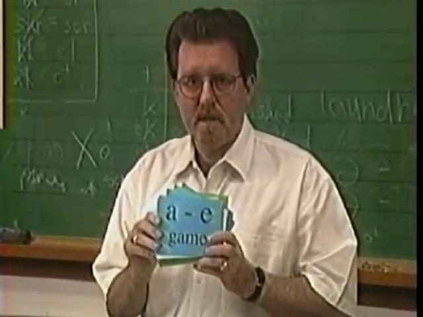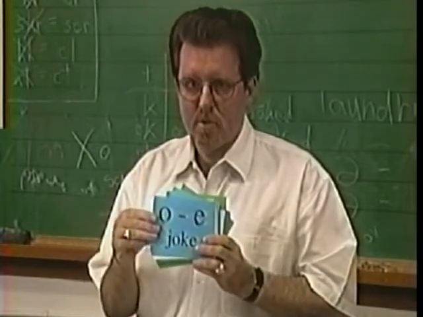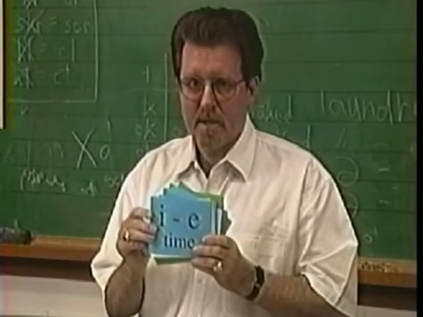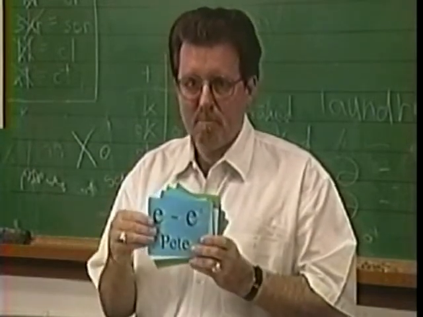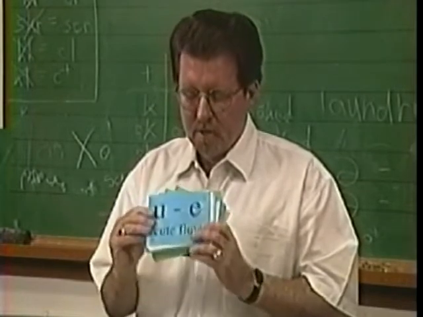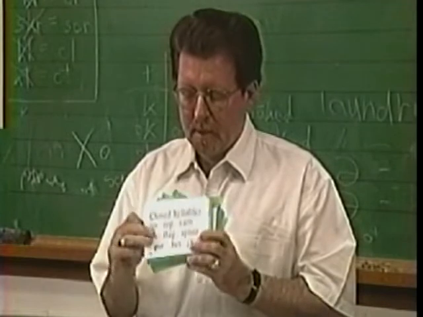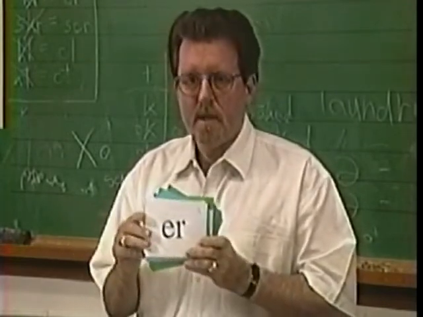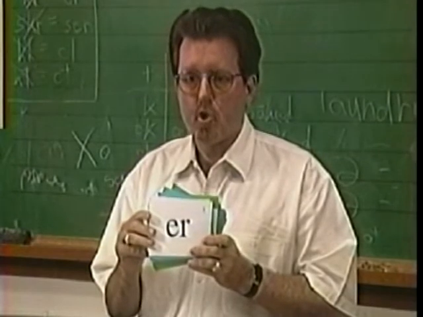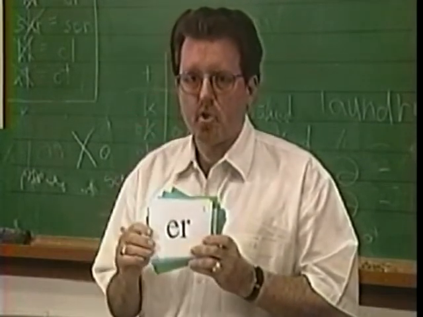A consonant E, game, A. O consonant E, joke, O. I consonant E, time, I. E consonant E, Pete, E. U consonant E, cute, flute, oo and U. These are closed syllables. ER, her. You kind of pucker your lips a little bit